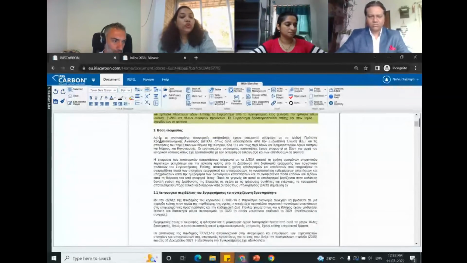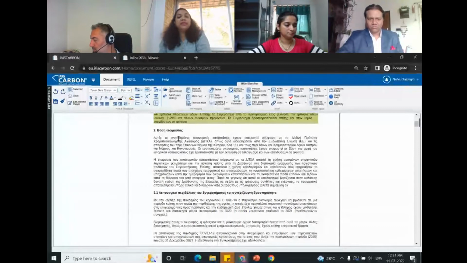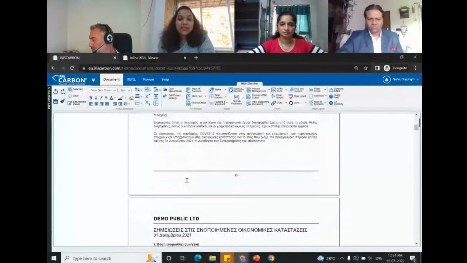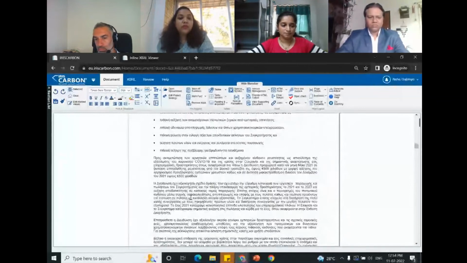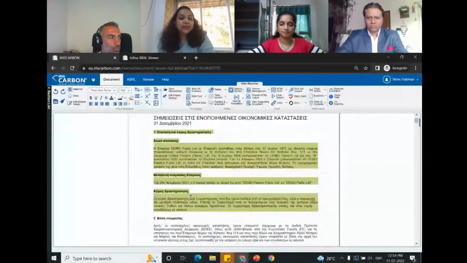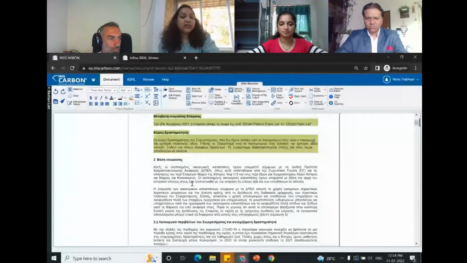I have taken note 2 for block tagging purposes for today's demo. I have purposefully taken this note because you can see that this note, the basis of presentation, is running over a few pages. So we will see how to tag the notes which run through a few pages.